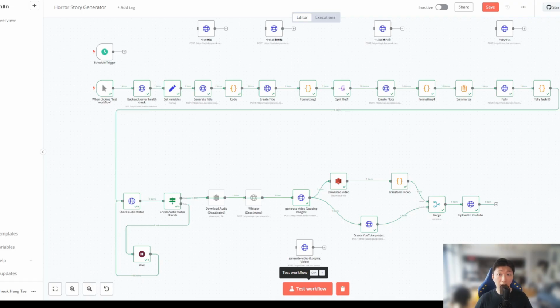So here is our N8N workflow. In this tutorial, I'm going to do 3 parts. The first one, I want to explain how our workflow works, which is the concept of our workflow. The second part is a quick setup. I'll show you where to do your own settings. It will take a few minutes. Then you can generate the horror story video and upload it to YouTube. And for the last part, I'm going to explain the details in our workflow. So right now, let me explain the concept of our whole workflow.